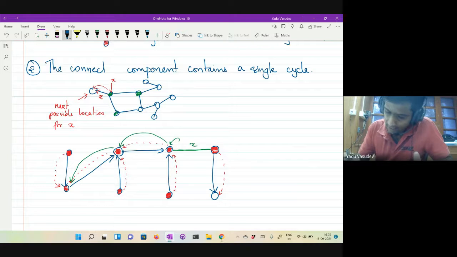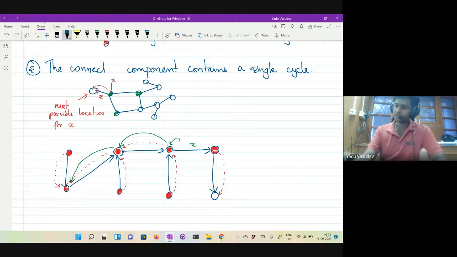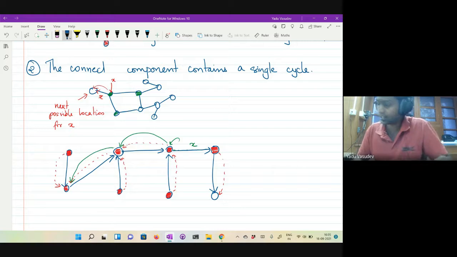So this arrow will now be directed out of here like this, right? Because x is sitting in here and its possible second location is here. So this is one way in which this algorithm will run and find a location, right? Is this clear? Is the way the hashing works clear?